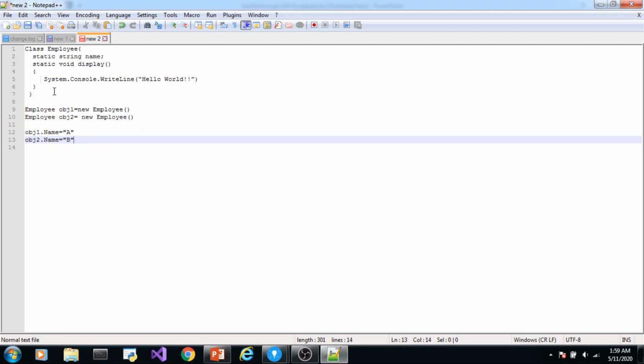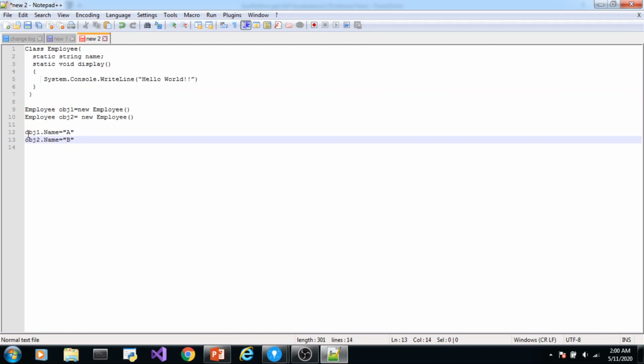Now what happens here, you can see that these are two objects, object 1 and object 2. So you might be given to believe that these two are two different objects. This object 1 is different from this object 2, but it is not so. Objects are different, but the member variables and functions are shared by both the objects.